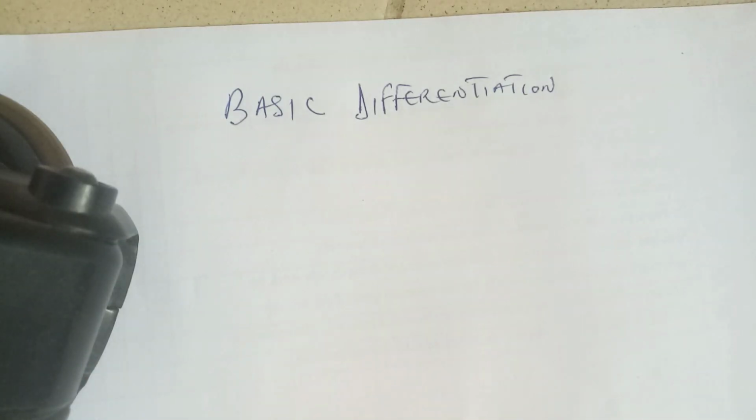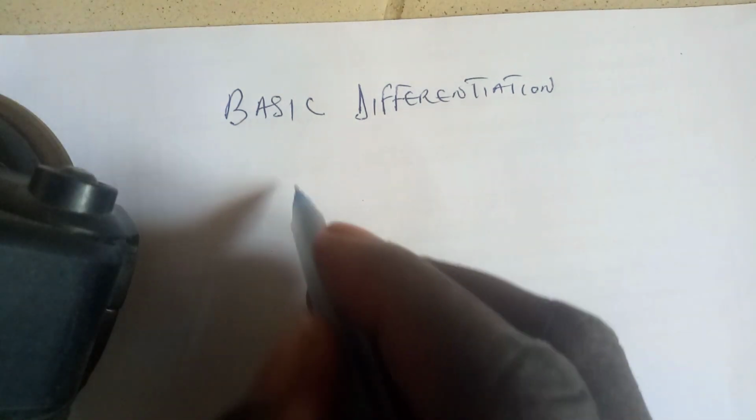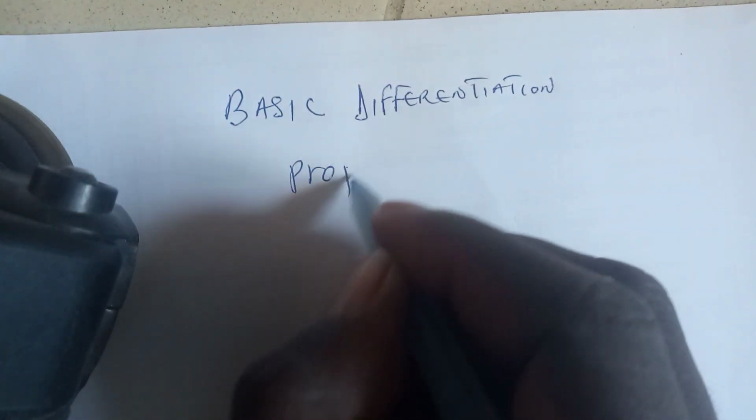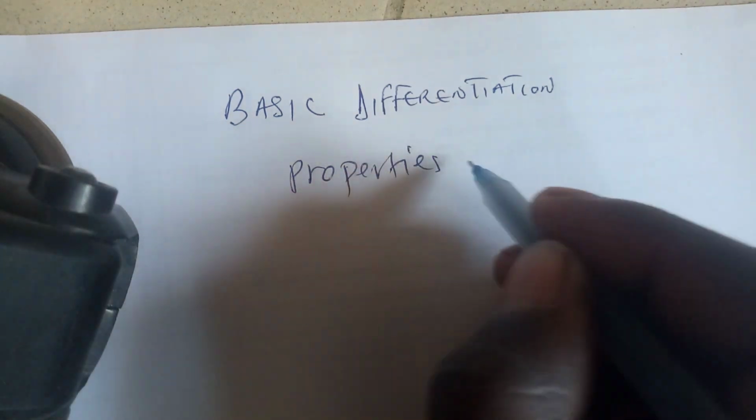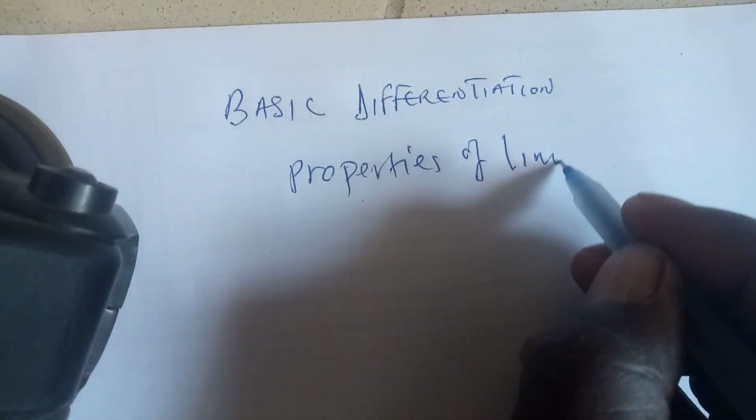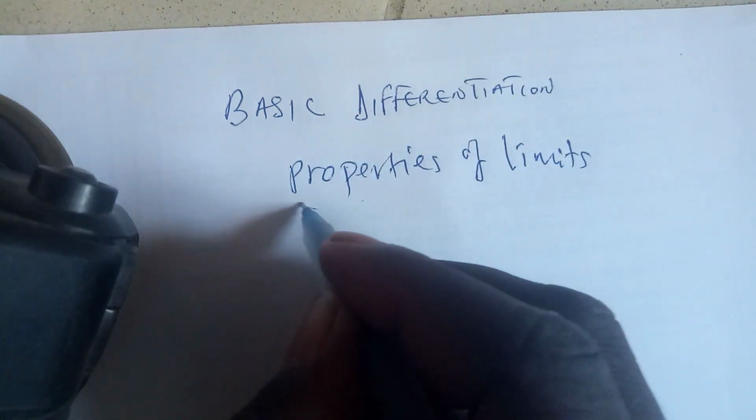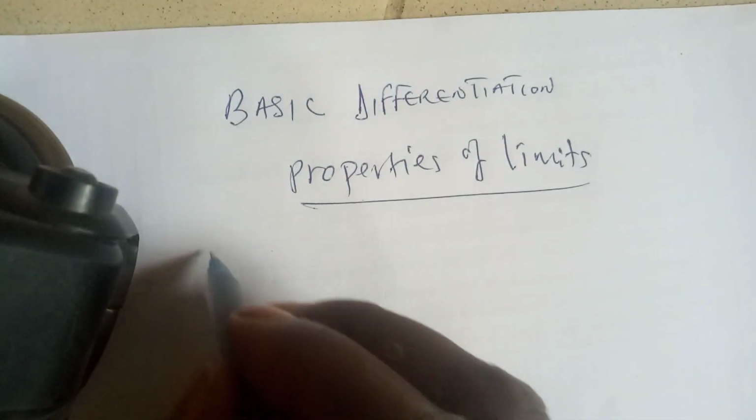So thank you. Today zamu fara akan basic differentiation. A basic differentiation zamu fara bayanin properties of limit. Zamu fara bayani akan properties of limit. Under properties of limit we have